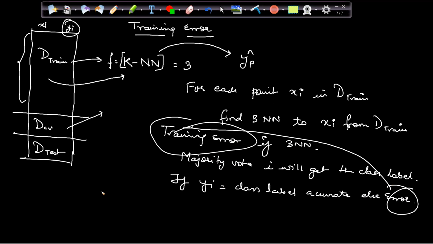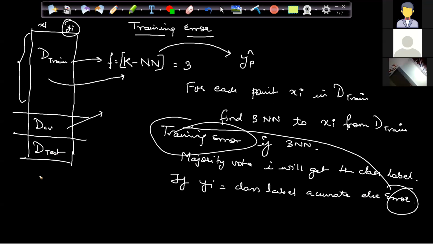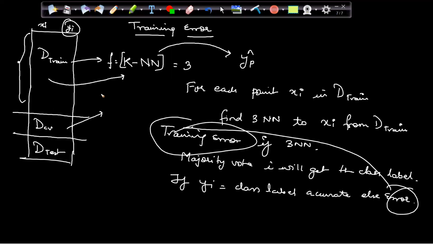Now what I will do, I will take CV. I'll do all the steps, but this time I will do with CV. The model is already created, right?